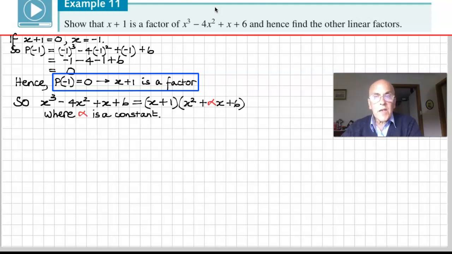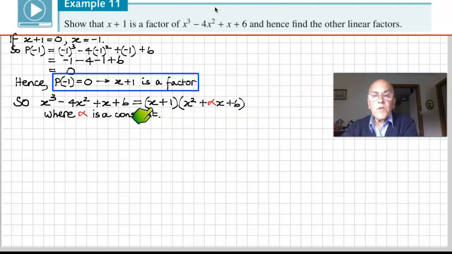Now what I've done here, you can long divide if you want to your heart's content, ladies and gentlemen, but for me, I'm going to do it this way, using what I call the alpha technique, equating of coefficients, okay? But if you want to pause me and long divide, have a bit of fun doing that and come back when you're ready, okay? So with the equating of coefficients technique, I'm saying x cubed minus 4x squared plus x